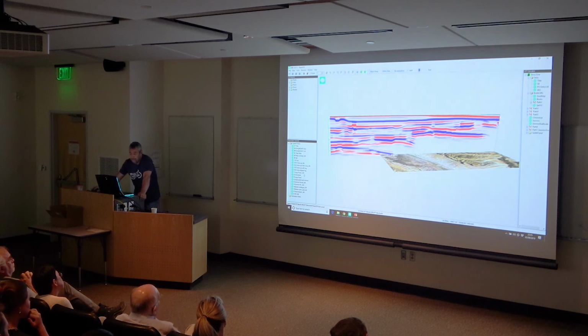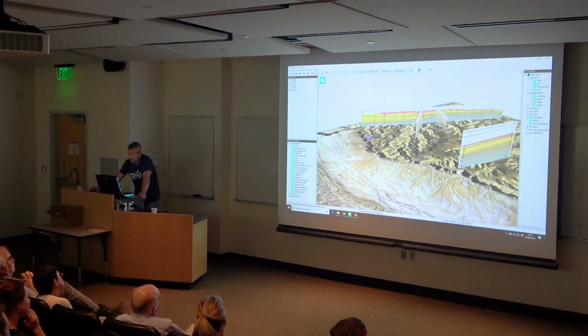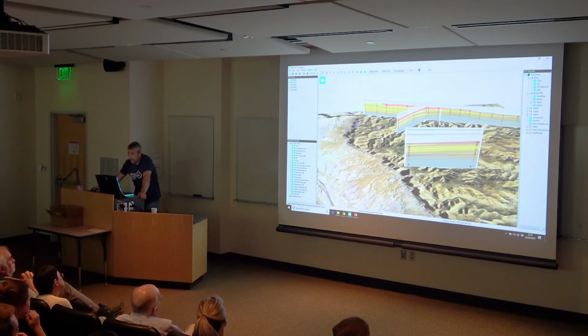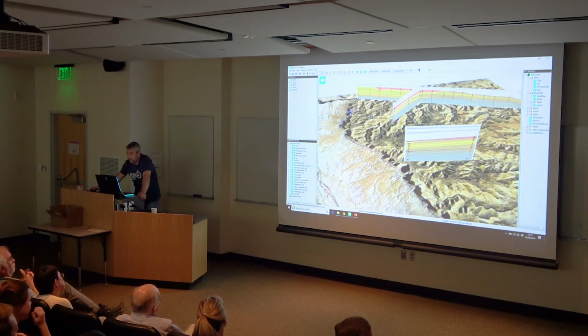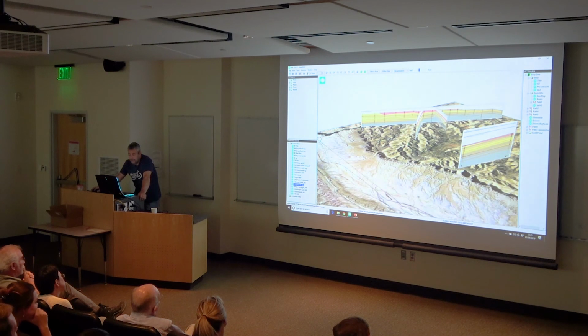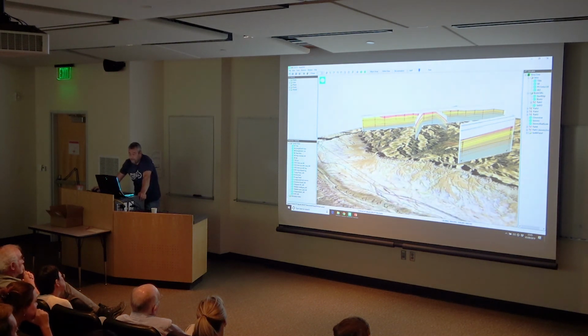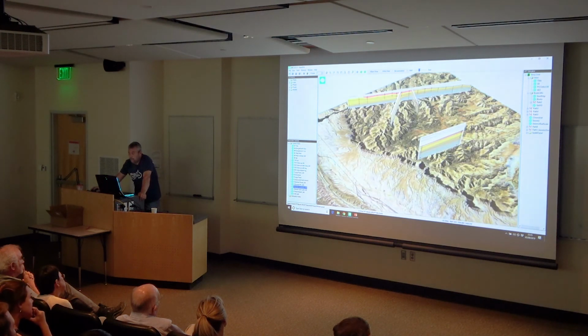And then we've also created correlation panels from log sections around the place in here, and we can use that to get a better understanding of the different rock units. We can pull in modern analog data,